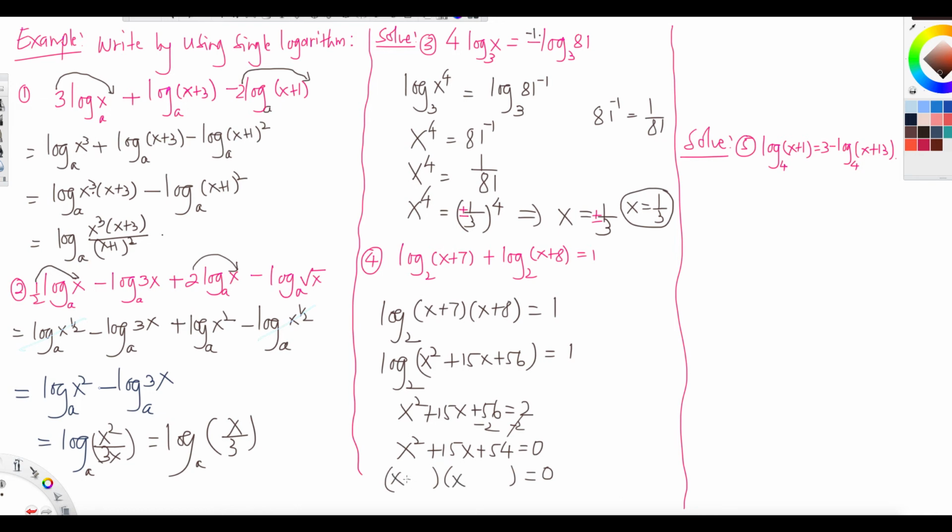It will be plus 9 and then plus 6. 9 plus 6 is 15. 9 times 6 is 54. So if you solve the first one, you will get x plus 9 equals 0. That implies x equals -9. And then if you solve the other one, x plus 6 equals 0, you will get x equals